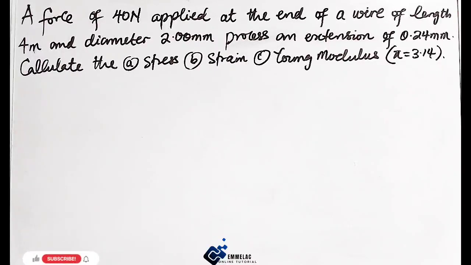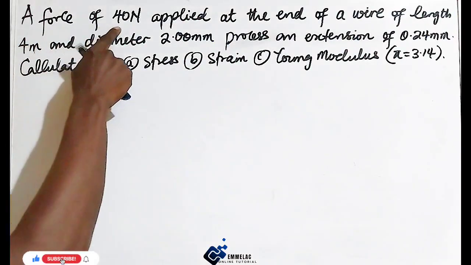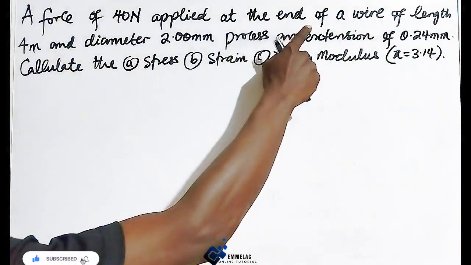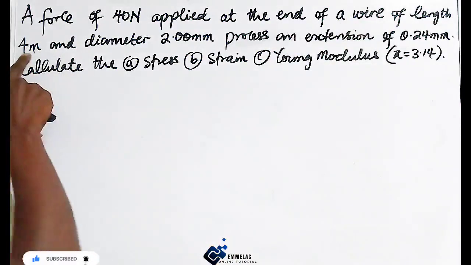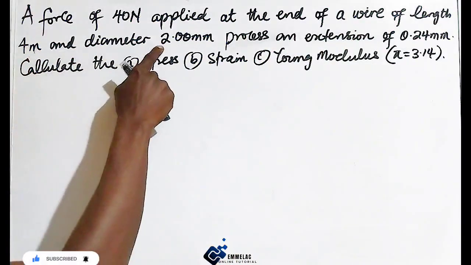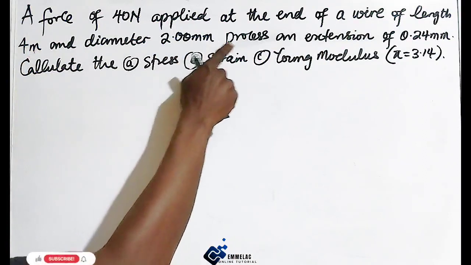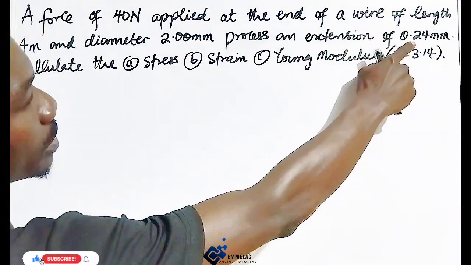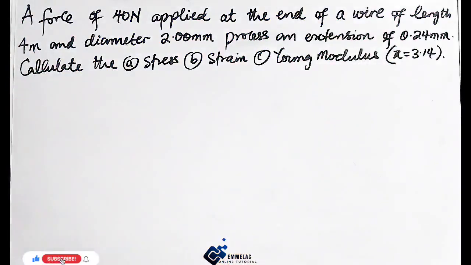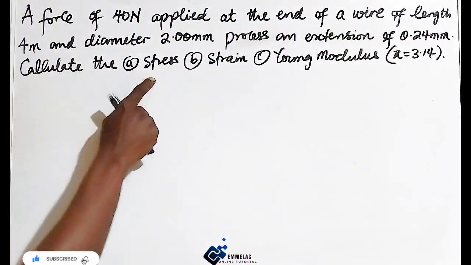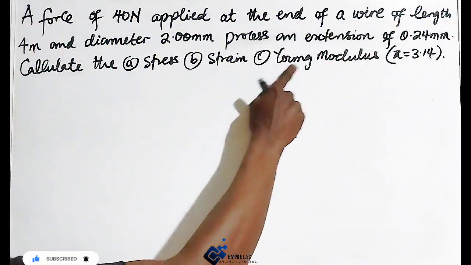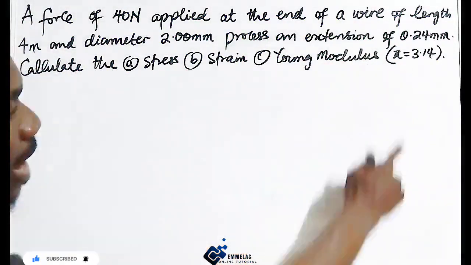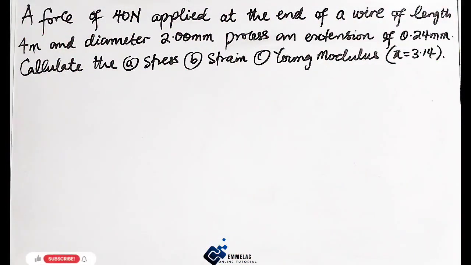Now before us is this question in elasticity, and it says the force of 40 Newton applied at the end of a wire of length 4 meter and diameter 2.00 millimeter produces an extension of 0.24 millimeter. Now calculate the stress, the strain, and the Young modulus, and we're given that pi equals 3.14. Okay, now let us